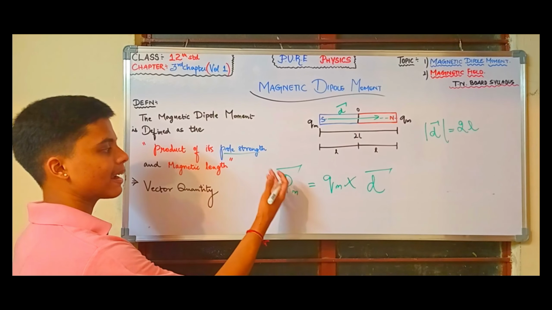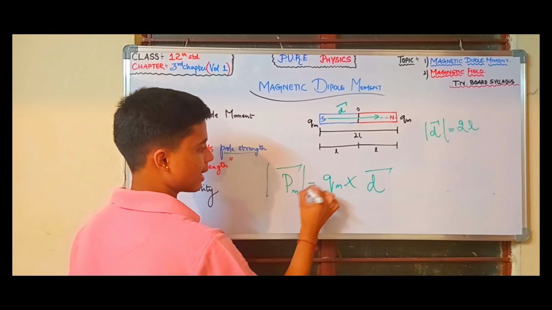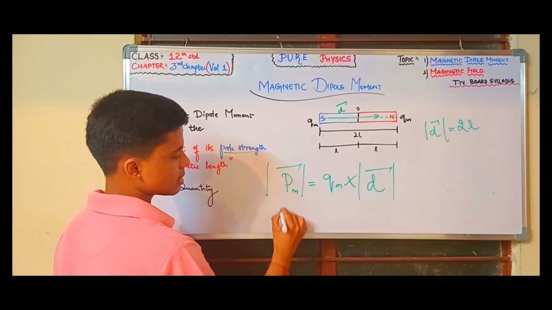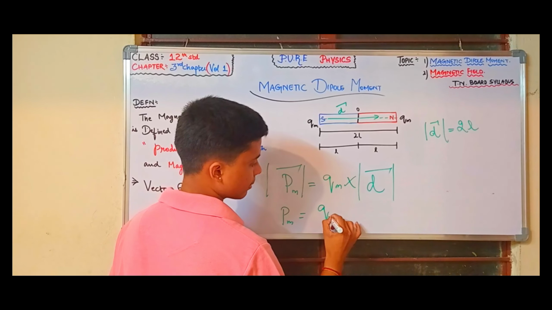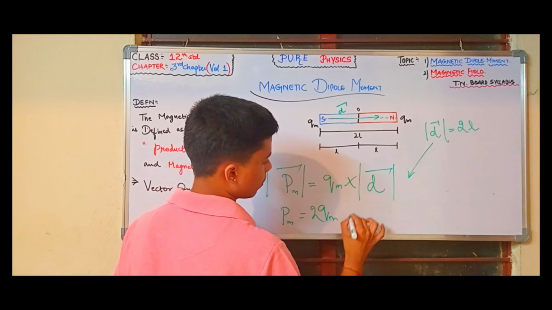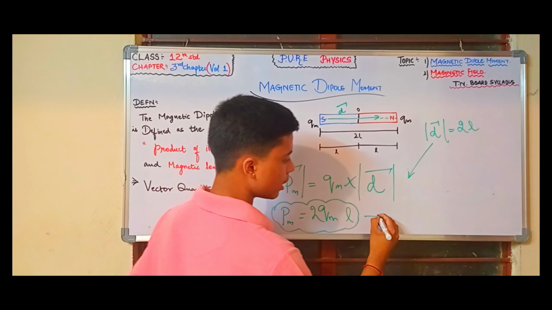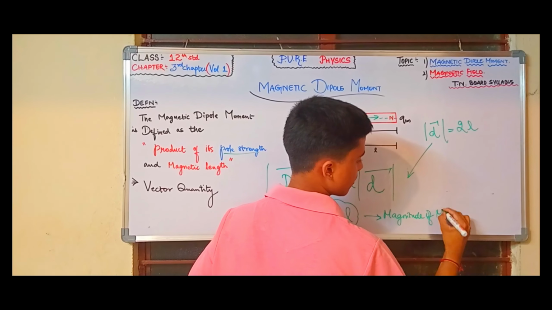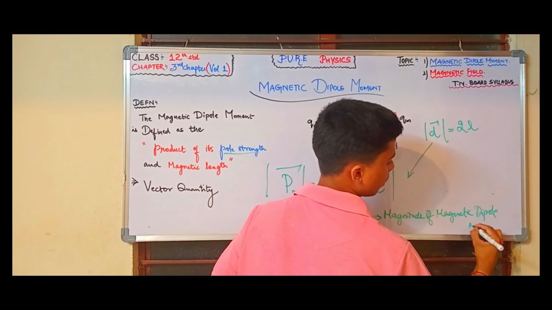So when I need to find the magnitude of the magnetic dipole moment, I put a magnitude symbol wherever there is a vector symbol. So the magnitude of the Pm vector is Pm, because the vector and magnitude get cancelled, and in the place of Qm we write Qm, and the magnitude of the d vector is 2L. So it will be 2QmL. So this is called the magnitude of magnetic dipole moment,